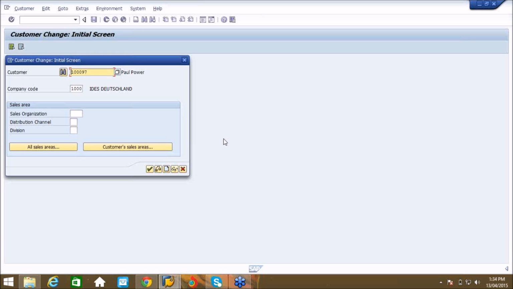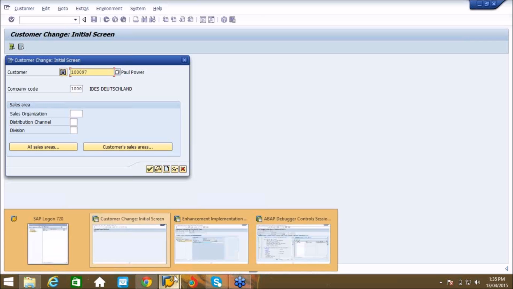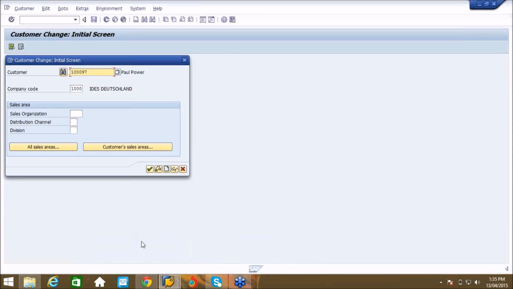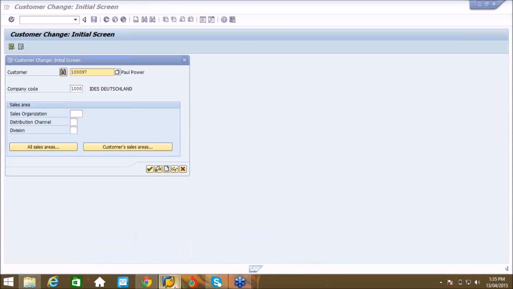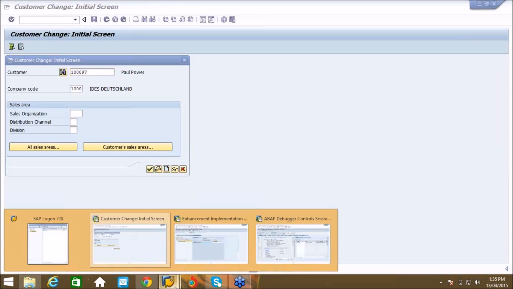We can call our own BAdI in a user exit, right? That's what you're saying. Yeah, we can call it inside the user exit, that means inside the function module include. You write the code we have written just now in SE38. It will be called and executed. Otherwise, inside any standard BAdI also you can call it.